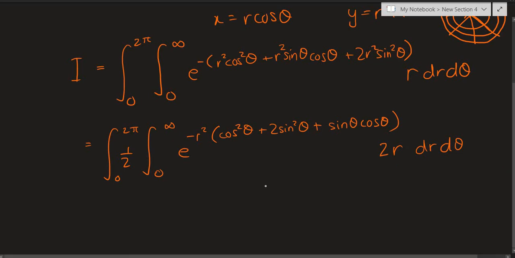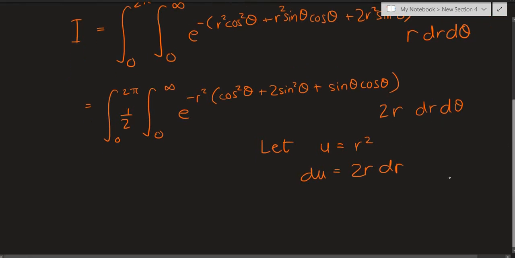And now we can gladly make a u substitution here. So we'll let u equals r squared, and this only pertains to this inner integral because we've just replaced r, so only the integral with the dr will change as well, not the d theta. So we have du equals 2r dr, and 2r dr is just present over here up front.